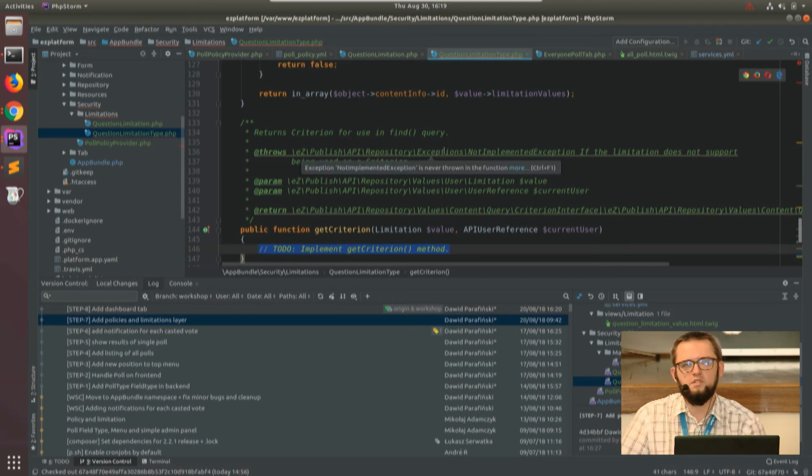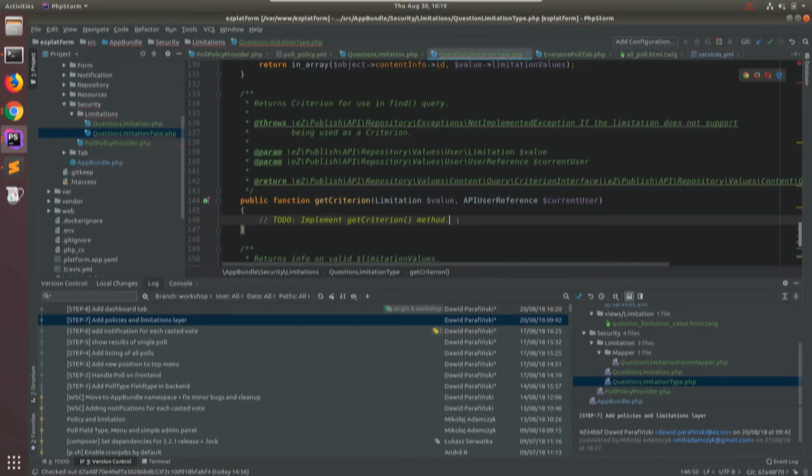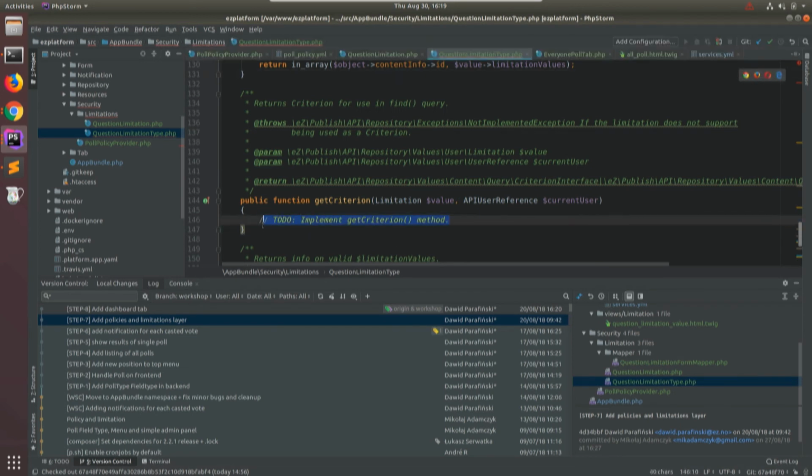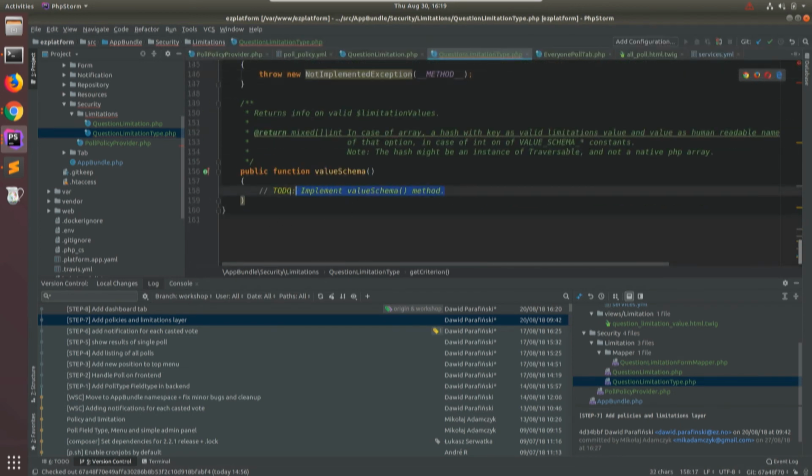For example, if you want to show a user a list, but filtered one without some pools, you can make a criterion. But for now, we will throw exception about this is not implemented. The same for value schema, because we have no